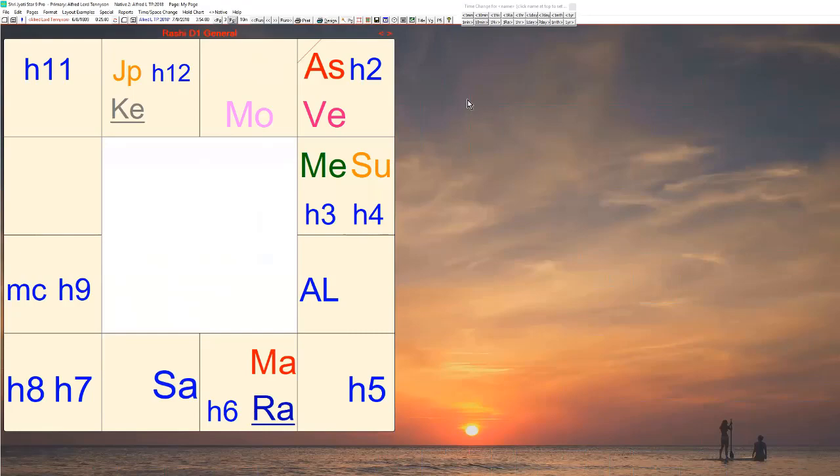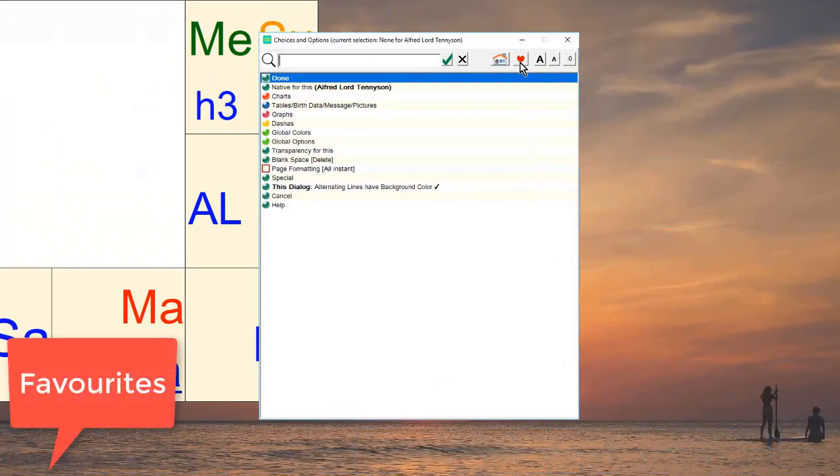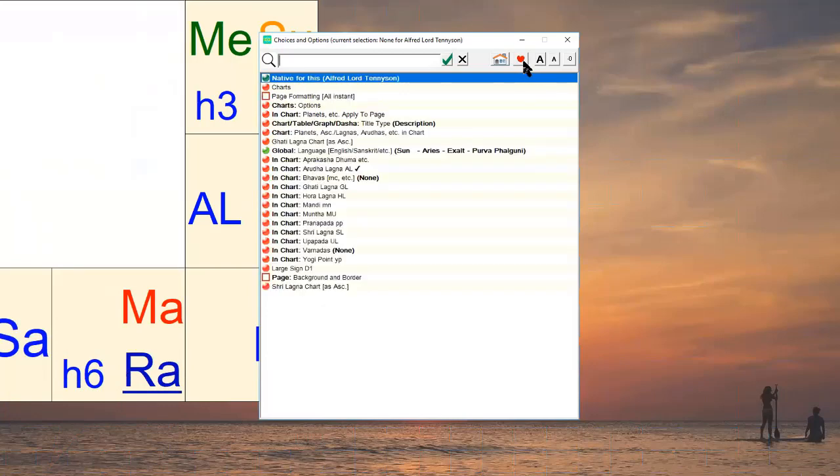Now let's say a few more things about the choices and options. You see this little button here with a heart on it. This is the favorites. So these are the things that have recently been clicked by me. It just keeps track of every time you click on something, it adds it to the favorites. If something hasn't been used for a while, it drops off the bottom. And these things are very useful. If you keep on doing the same thing, instead of searching for it, you just click the favorites